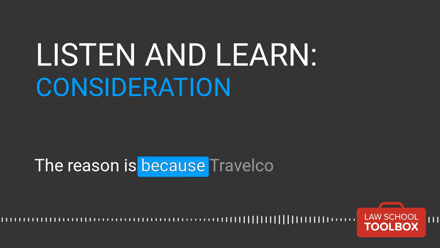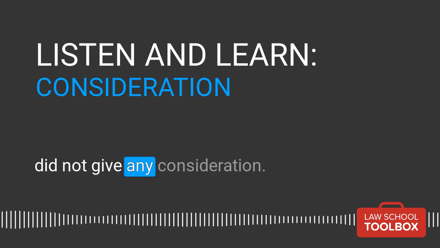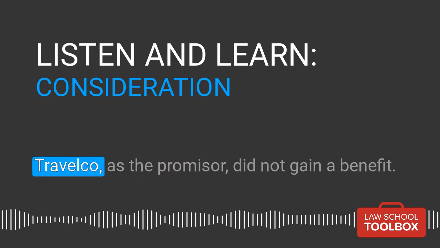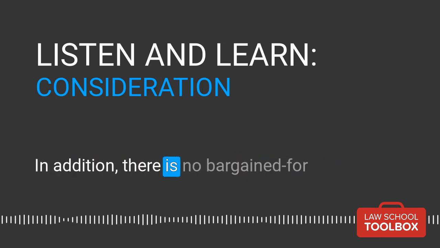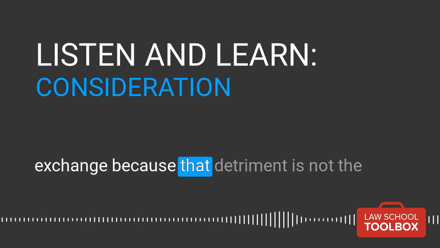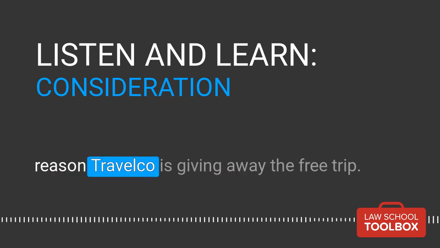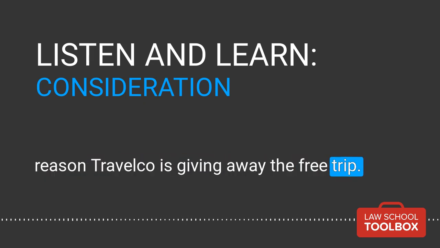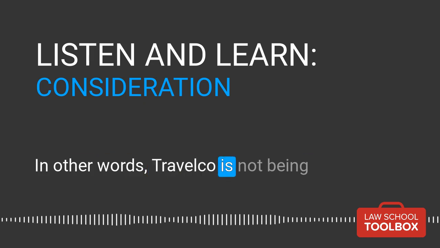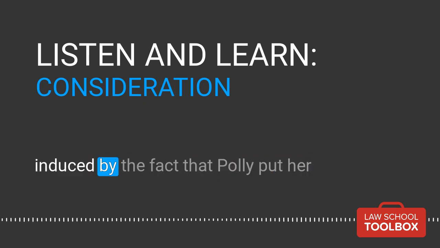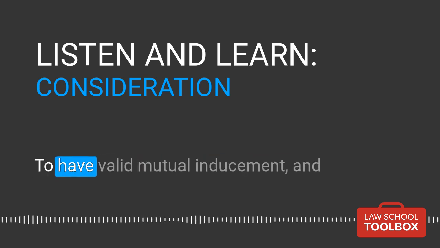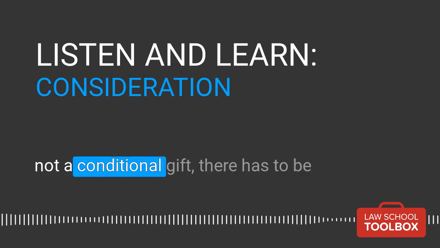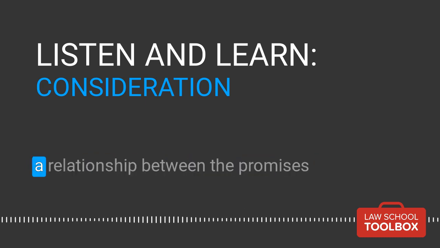The reason is because Travel Co. did not give any consideration. Travel Co., as the promisor, did not gain a benefit. In addition, there is no bargain for exchange because that detriment is not the reason Travel Co. is giving away the free trip. In other words, Travel Co. is not being induced by the fact that Polly put her number as listed in the phone book. To have valid mutual inducement and not a conditional gift, there has to be a relationship between the promises or